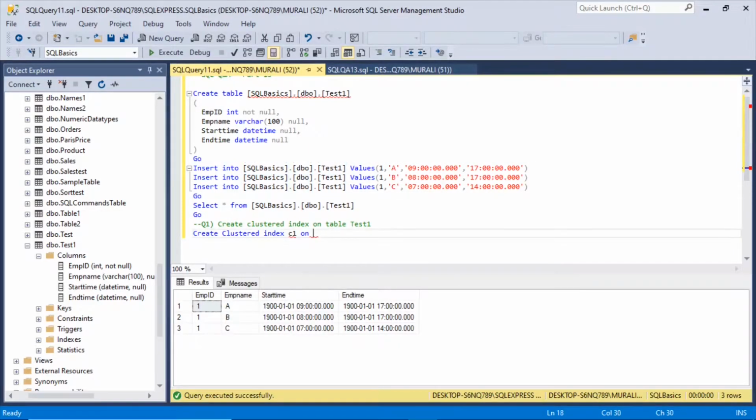I'll copy this and we'll create it on emp id. So creating clustered index C1 on the test1 table on the column emp id. I execute this,